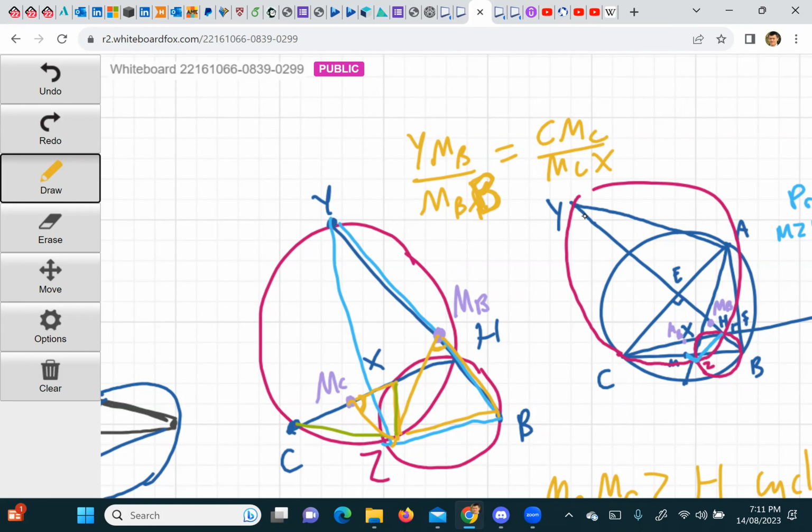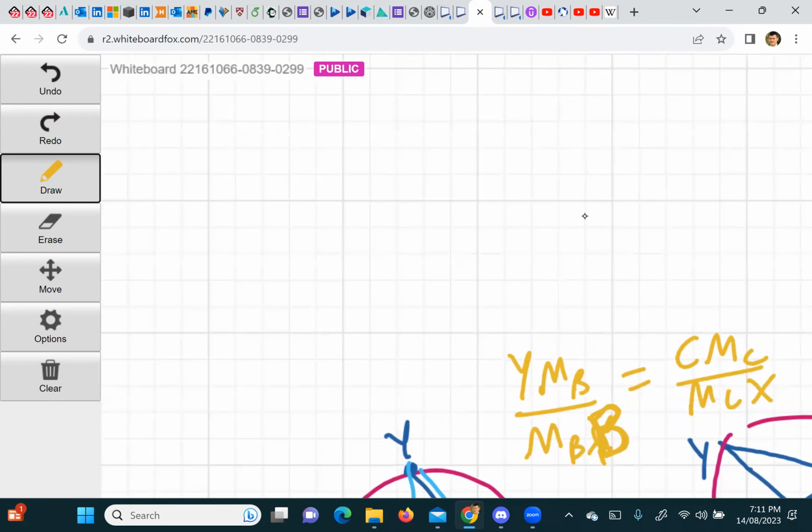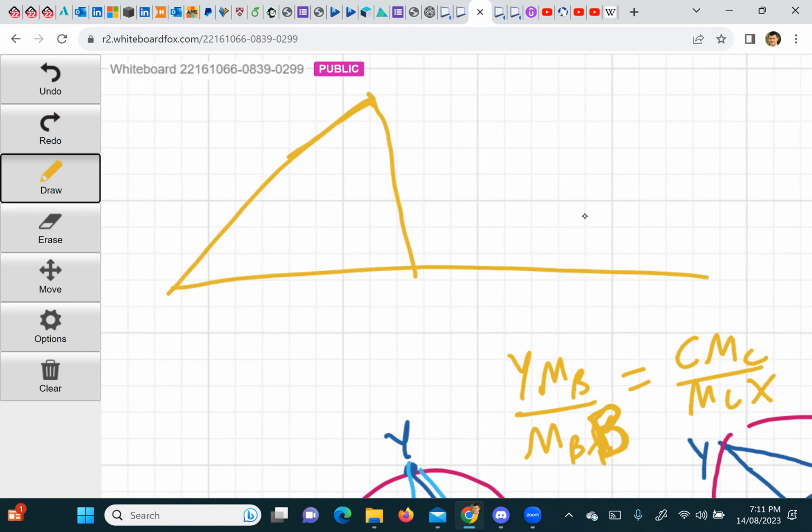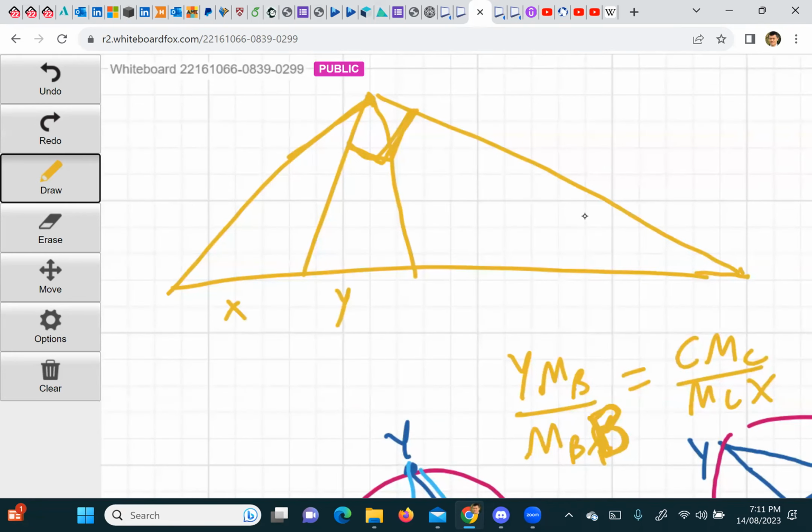Okay, do you know what the angle bisector theorem is? Yeah, it's that ratio to that ratio is the same as that ratio to that ratio. Okay, but what I want is the external angle bisector theorem. The external angle bisector. It's like the angle doubling theorem. That is 90. So if this is like X, Y, B, C, the external angle bisector theorem, okay,